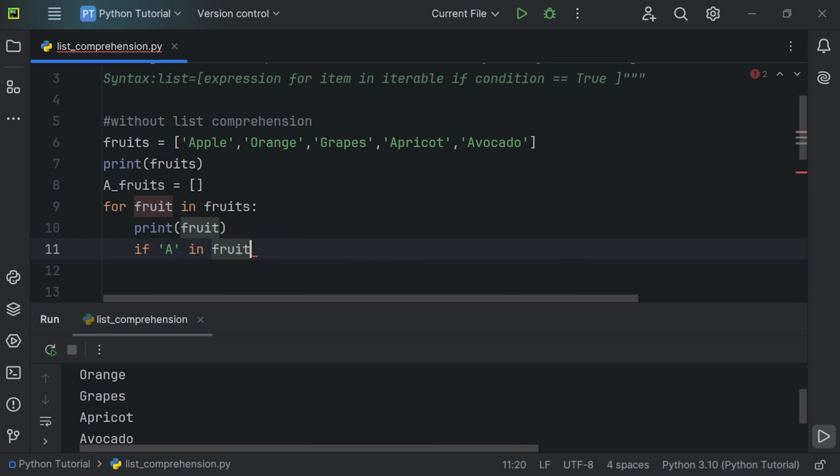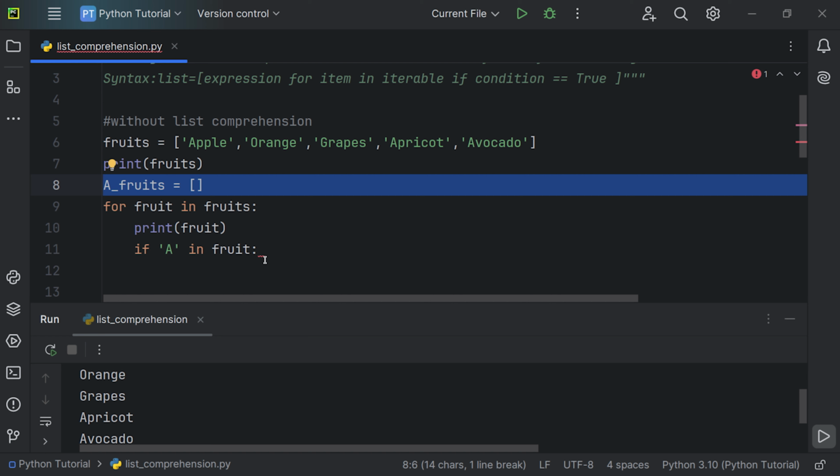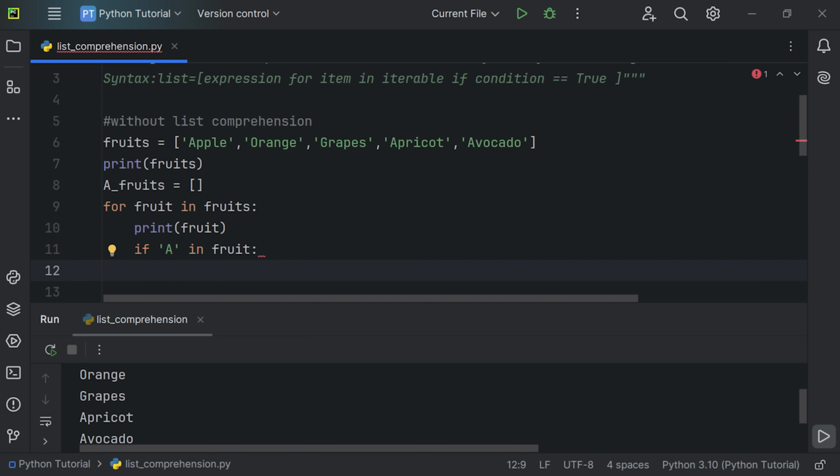We have to check each of the items, and if we have that, then we can append the item into this list. In order to get the item, we use the expression into this list, that is the A fruits. We need to append the fruits, so you provide the object name A fruits dot